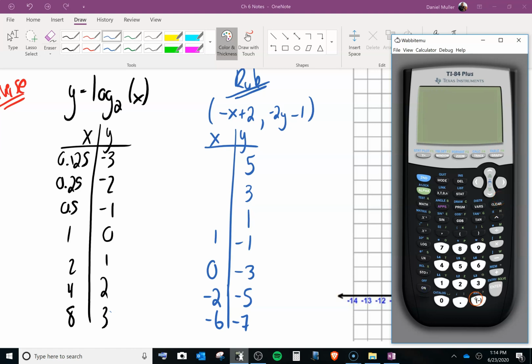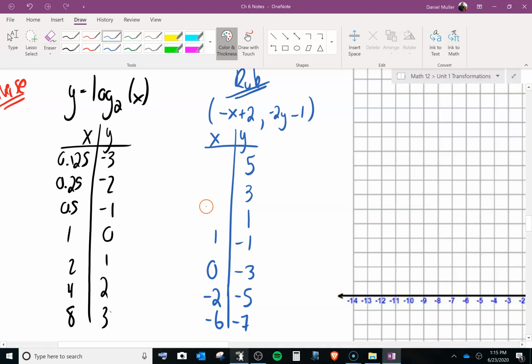So I can put a negative, and then what's the number? 0.5, and then plus 2. And then you can go negative 0.25 plus 2, and then negative 0.125 plus 2. 0.5, 0.75, 0.875. So 1.5, 1.75, 1.875. Look at where this is heading. It looks like it's getting closer and closer